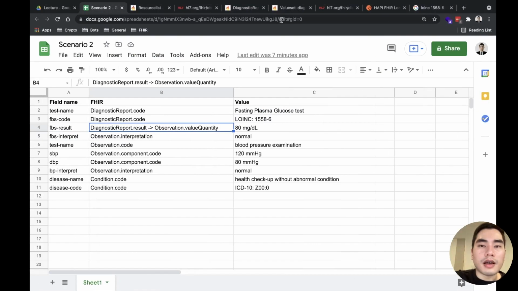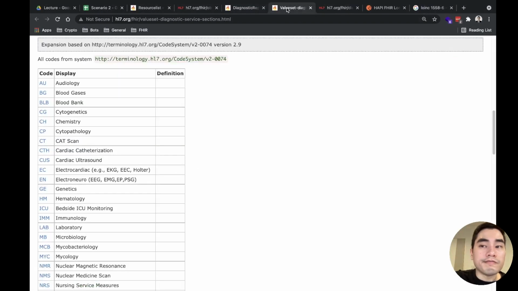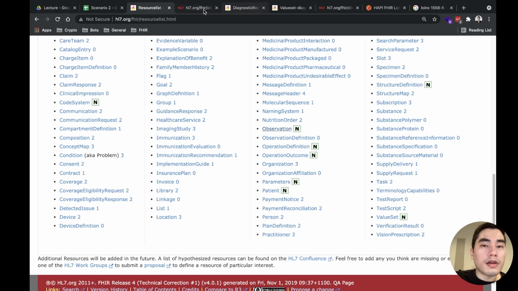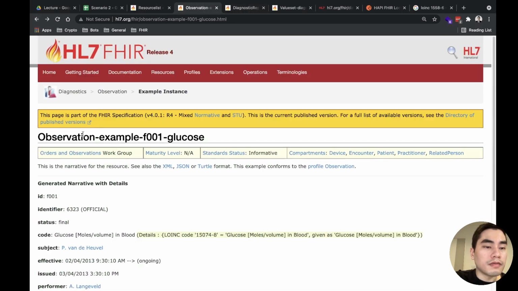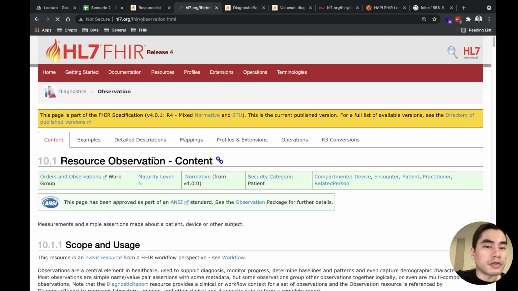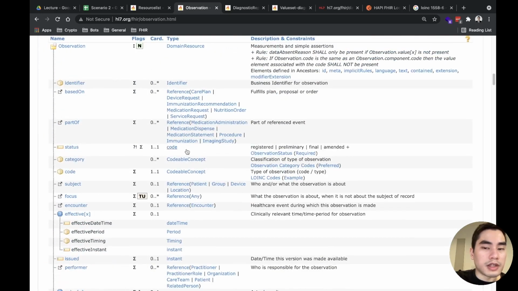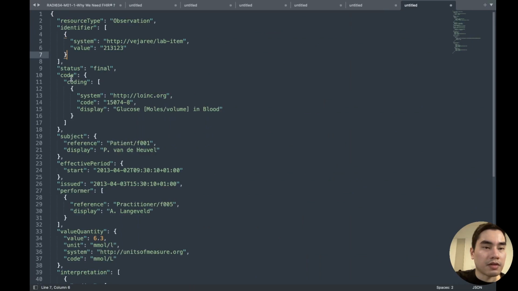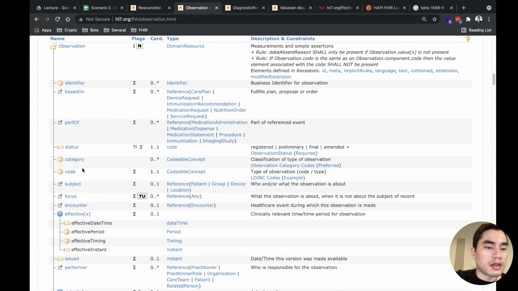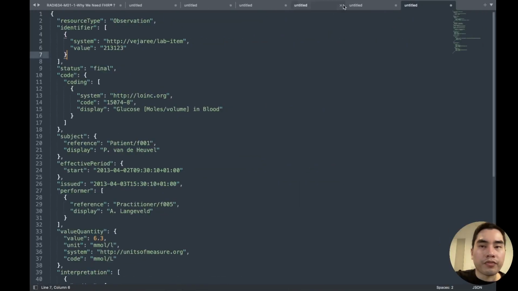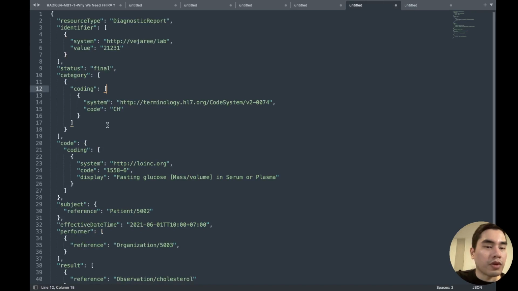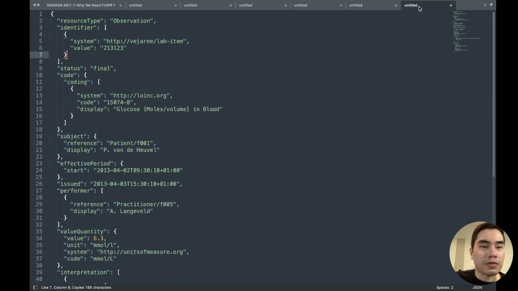I think observation. Do they have requirement? Yes, they have stated that it's required. And the code, okay, we can use the same code as the diagnostic report. Actually, we should not do that, but okay, for simplicity, let's do that.